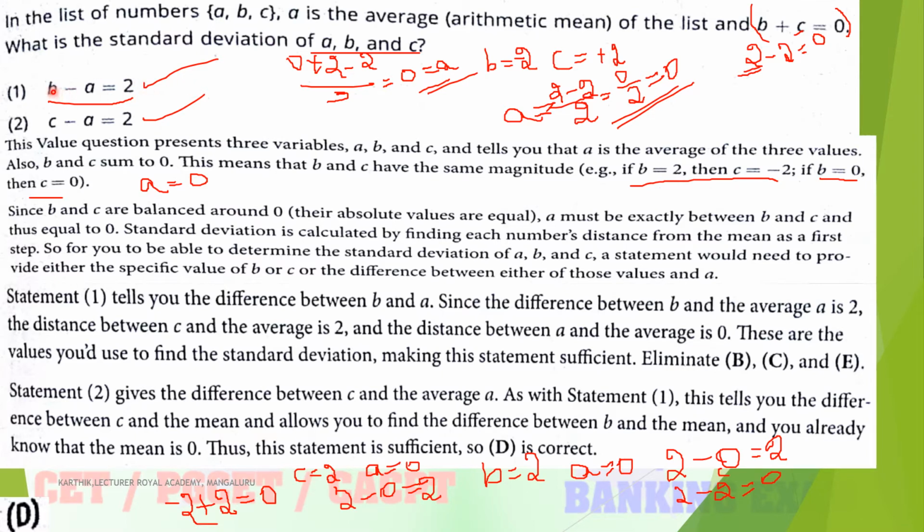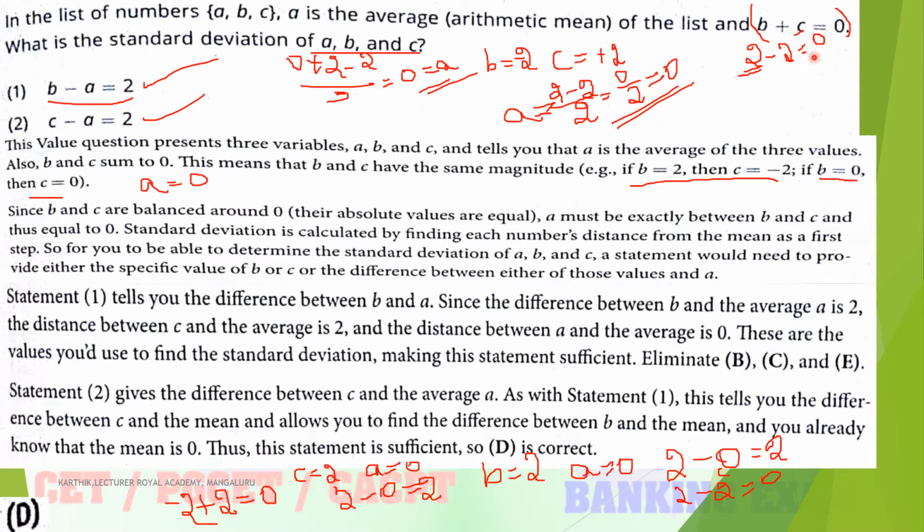So here I assume B is equal to 2 and A is equal to 0. Why? Because the final answer is 2. After assuming B is equal to 2 and A is equal to 0, just substitute here. Directly, 2 plus C is equal to 0. So what is the value of C? C is equal to 0 minus this B, which goes to the right-hand side. So you will get C value is minus 2. So 2 minus 2 is equal to 0.